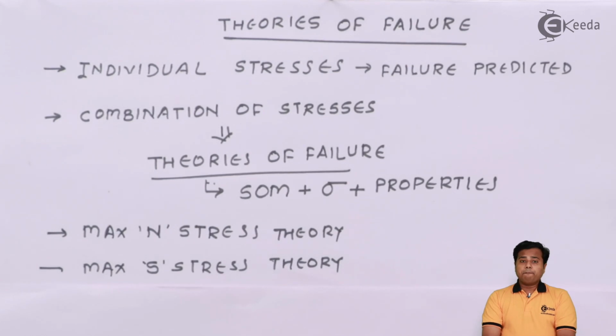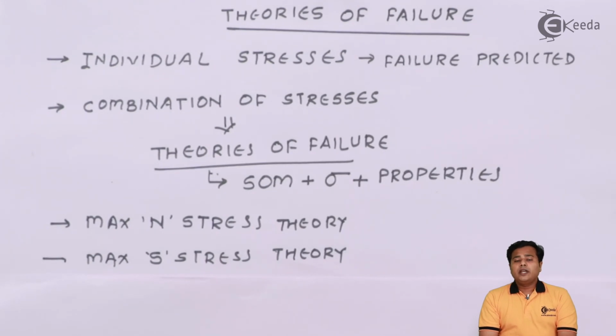So the theory states that if the shear stress occurred in a part subjected to different loadings, maybe biaxial, triaxial, I hope you understand what is biaxial, triaxial, in 2 axis and 3 axis, if the loading is there, in that case, if the shear stress induced surpasses or is greater than the shear stress which is induced in a sample test specimen, then the product fails. In simple language, if you have a product undergoing n number of forces, and you consider only shear stress in that, if the value of that shear stress is greater than the value of shear stress generated in a sample specimen which was used for its tensile test or shear test, in that case